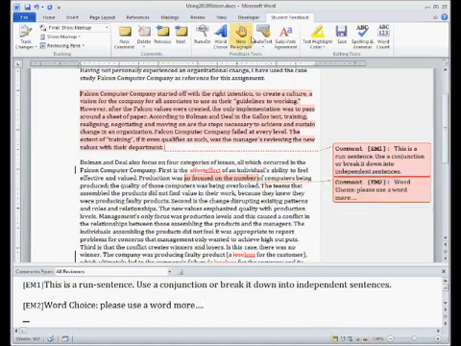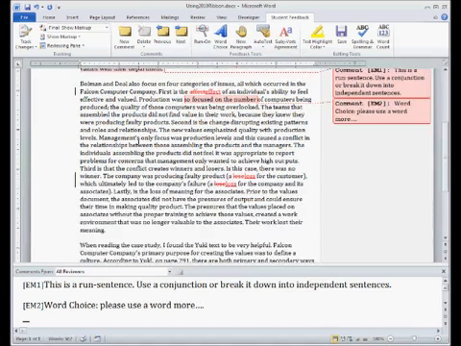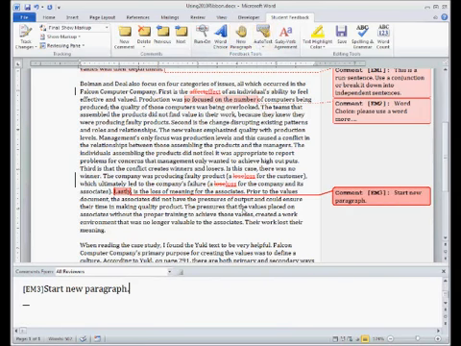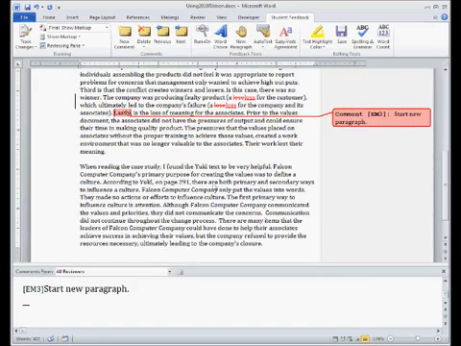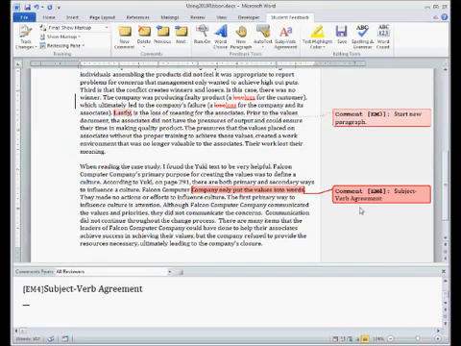I can also, if I think that this paragraph is way too long and it should actually start again here, use one I created that allows me to do that, start new paragraph, so instantly it's there. If I have a subject verb agreement problem, I can click subject verb agreement problem, and then I can go ahead and fill in some additional information